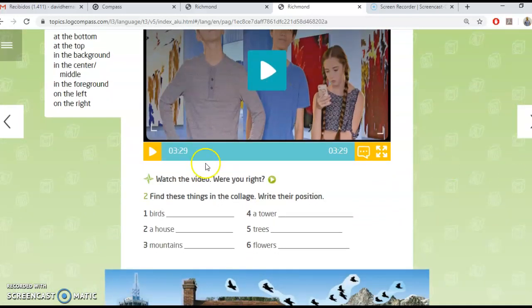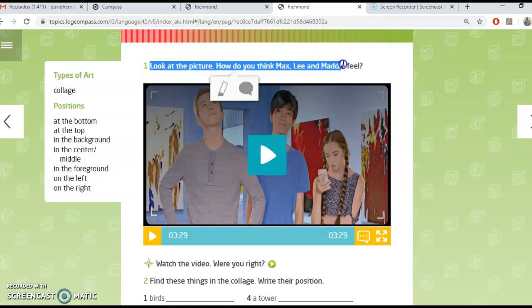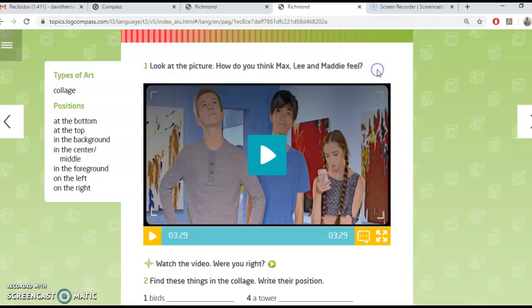to solve. They are telling us to watch the video and say if we were right. We were right on what? On the first question that you have here. Look at the picture. How do you think Max, Lee, and Maddie feel? So if you see Max's face, Lee's face, and Maddie's face, how do you think they feel? Remember the vocabulary of the past term. They said feelings like sad, happy, upset, nervous. Yes, so remember those words about feelings and try to apply one to these guys, to each one of these